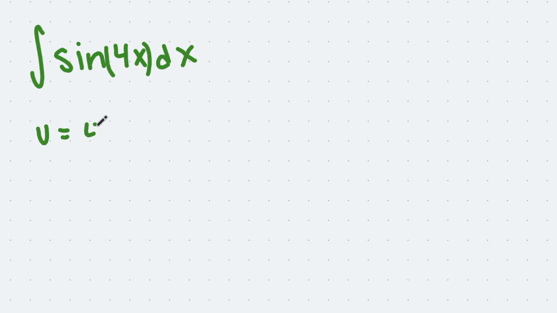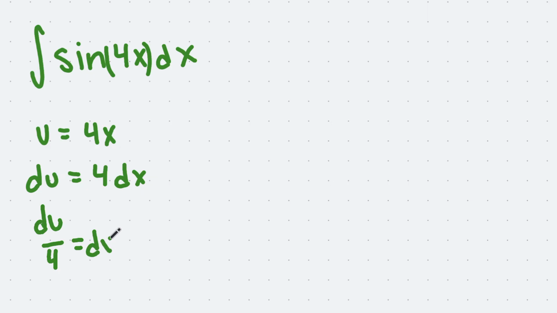To evaluate the integral of sine of 4x dx using u substitution, u is typically going to be the inside function of another function or the most complex function. Here we can see that 4x is inside the sine function, so we will let u be equal to 4x. When deriving, we get that du is equal to 4 dx, or that du over 4 is equal